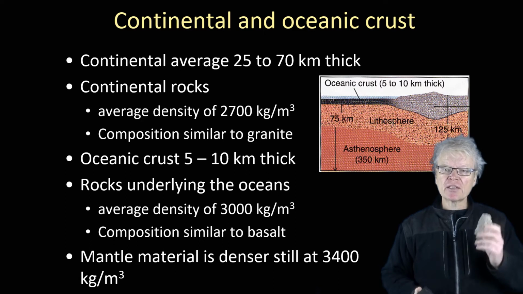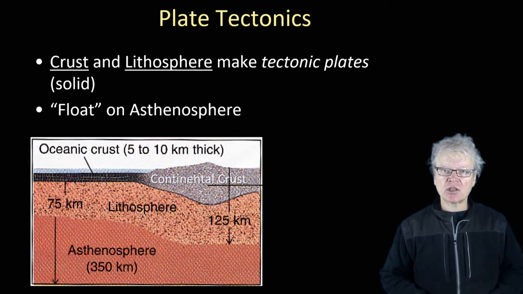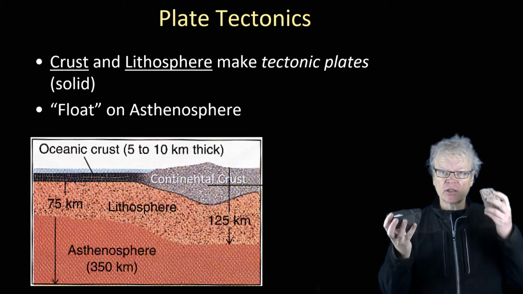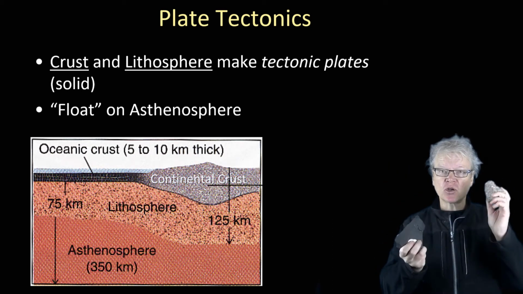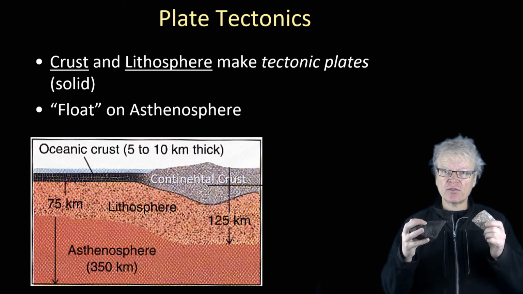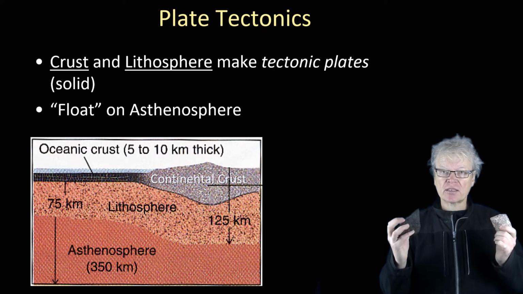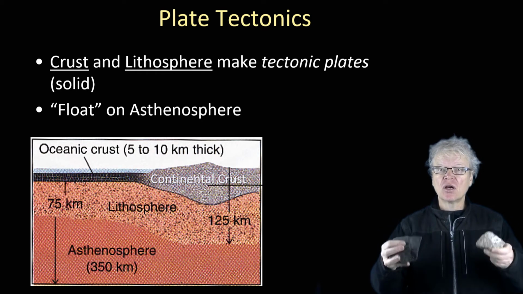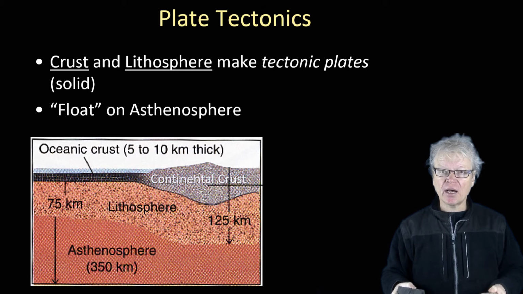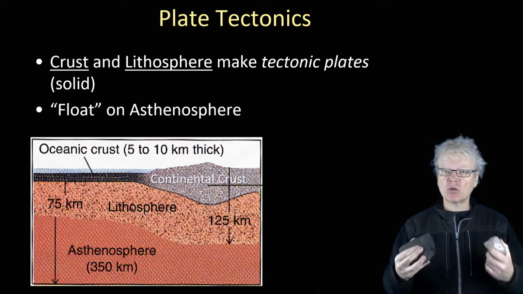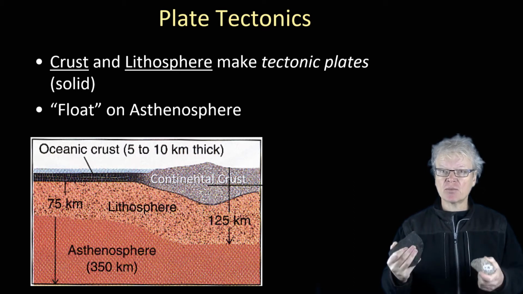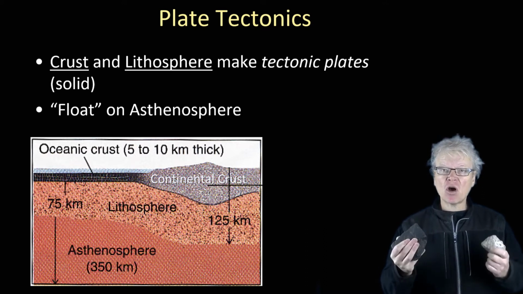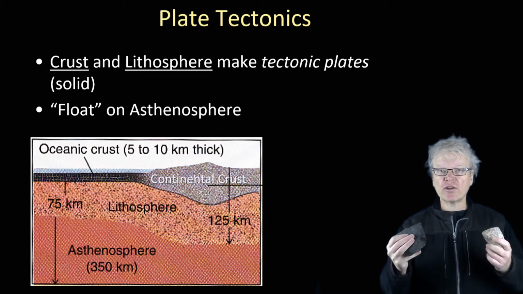So the crust and the lithosphere is what makes tectonic plates, and these are solid. Okay, so you have your oceanic crust and your continental crust sitting on the lithosphere, and that's solid, so that's what we call plates. And then they float on the next layer down, which is the asthenosphere, because as we saw before, the asthenosphere is much hotter. It's still relatively solid, but it's hot enough to start to flow very slowly,